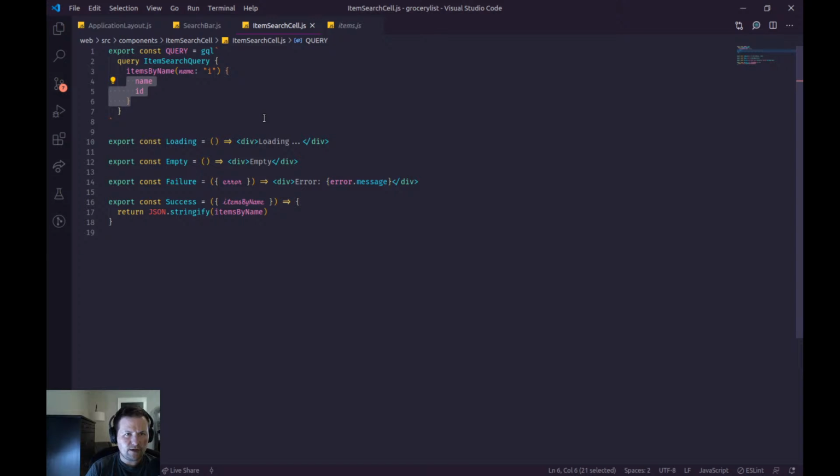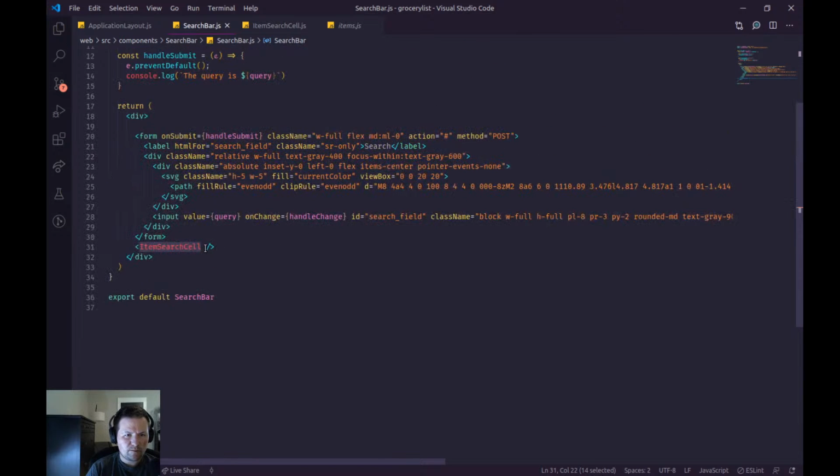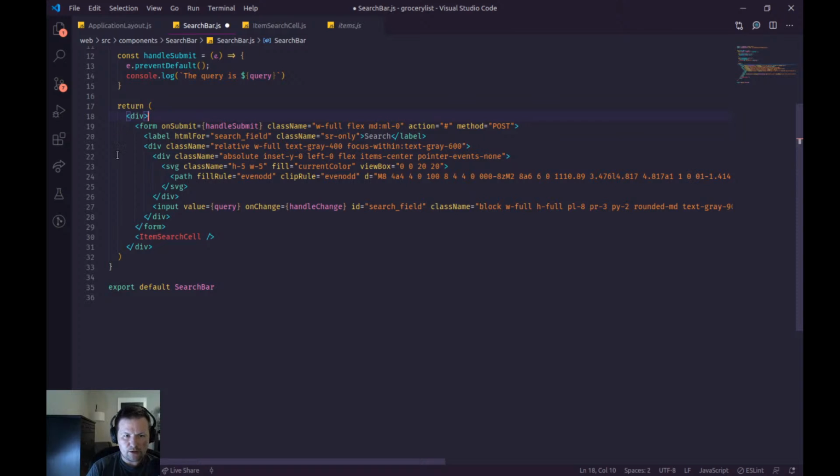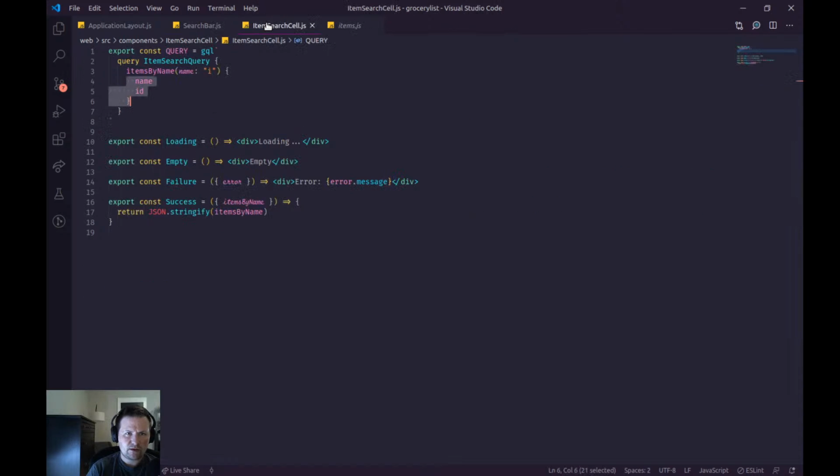Right, so we've got the search bar displaying the search cell, but you know what it's not doing? It's not passing the query down. So let's pass the query down as name. And